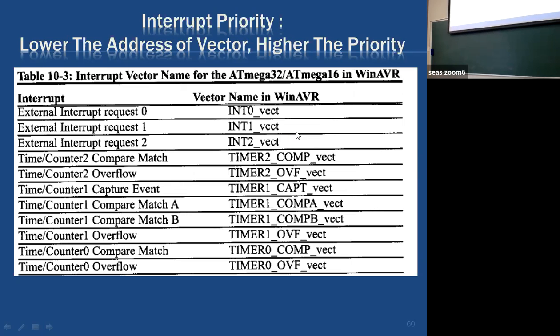And in main, you want to have a while loop so that it runs continuously. While 1. In the main program, you have a while loop that is running continuously. In the while loop, you don't have anything. Clear? A while loop that is running, doing nothing, the main program. Nothing, in this specific case. Yeah, that is fine. It is just running, doing nothing.